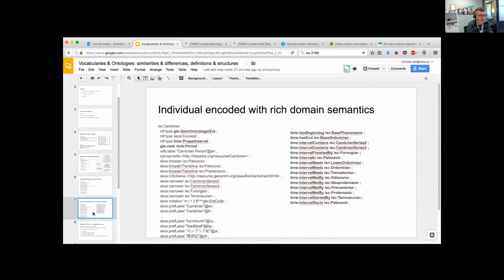And in the past, I've published these through vocabulary services with the idea that when viewed purely as vocabulary, you can query it using all of the SKOS properties, but if you are a geologist and you know more about what this concept really means, then you can query it or view the information about it using the richer properties. And in the previous presentation, we saw